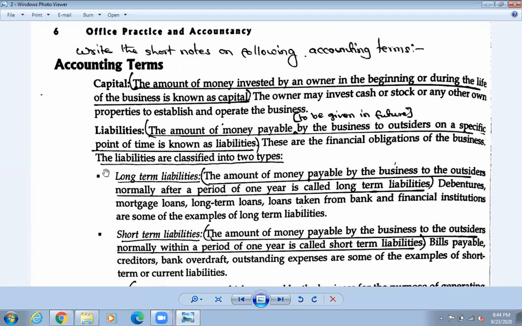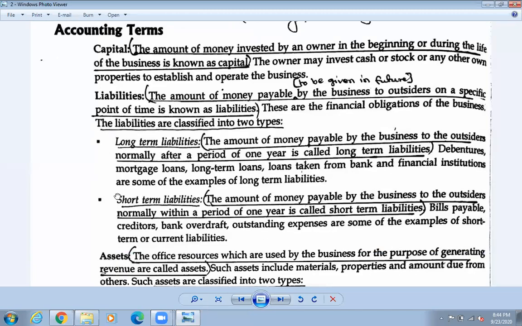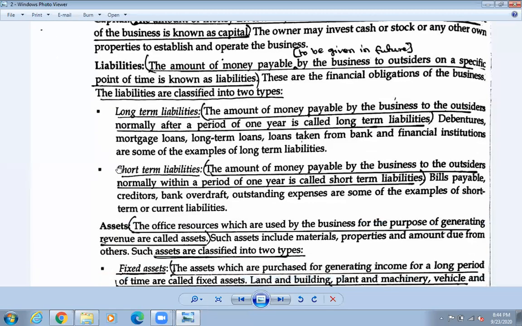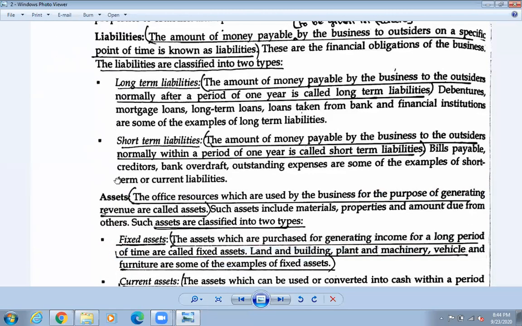Is that okay or not? So maybe you need to pay the fee. Okay, so now you are not paying it, but in the future you need to pay, so that is also a kind of liability. That means you have used that one, that means you need to pay in the future. Okay, so अहिले नतिरे पनि पछि चाहिँ तिर्नु पर्छ नि तिमीहरूले. That is the liability. So long term liabilities, short term liabilities. If it is more than 1 year, long term. If it is less than 1 year, that is short term.